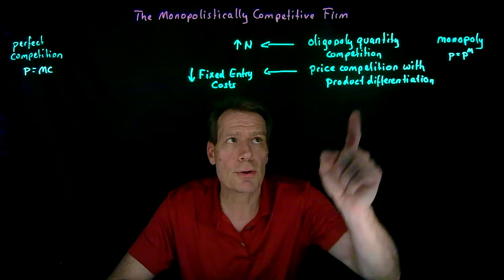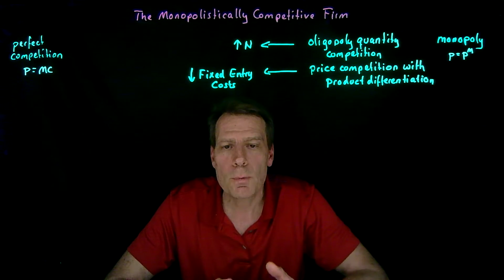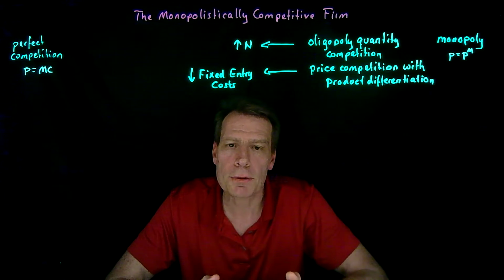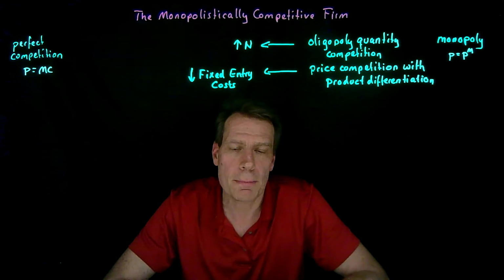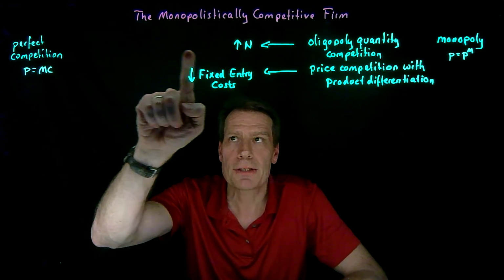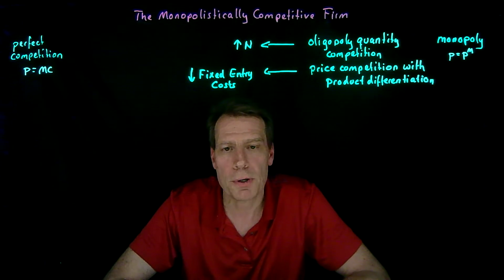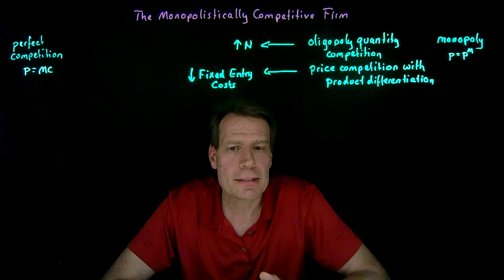And when they compete based on quantity, where quantity is the strategic variable as it was in the Cournot model, we found that the oligopoly produces more output than the monopoly would, and as a result, price will be below the monopoly price. And we also found that the larger the number of firms in the oligopoly, the more the oligopoly produces, and the lower the price will be. So as the number increases and gets really large, we converge to the perfectly competitive outcome of price being equal to marginal cost.